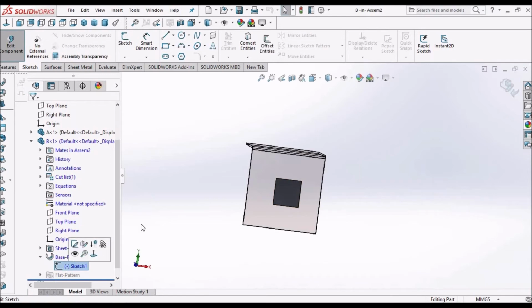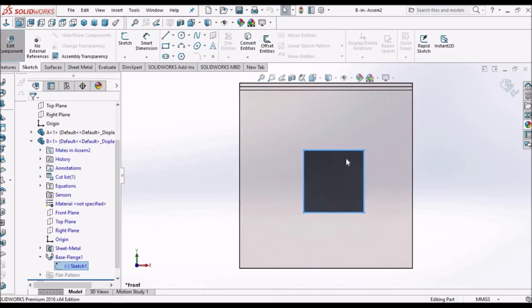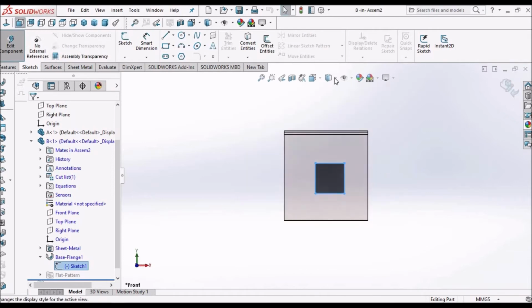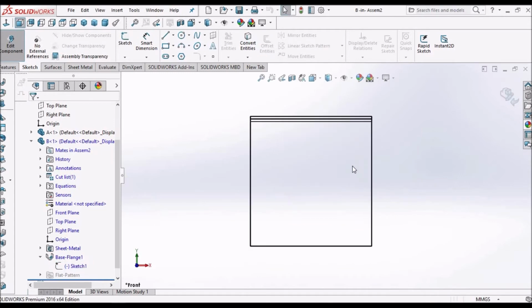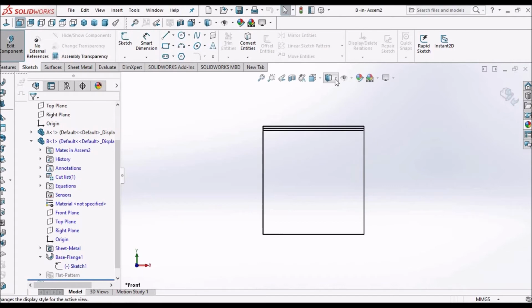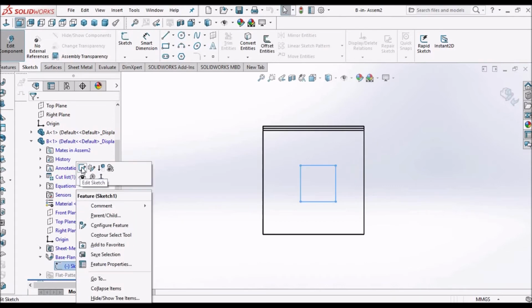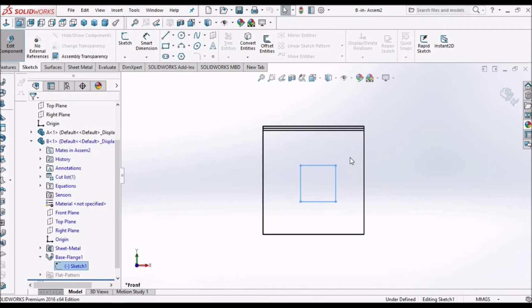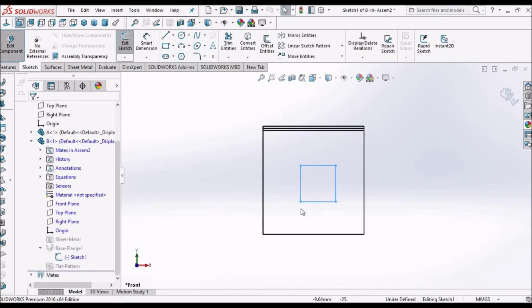Here go to edit sketch. So now we are in sketcher mode. Now select this point.